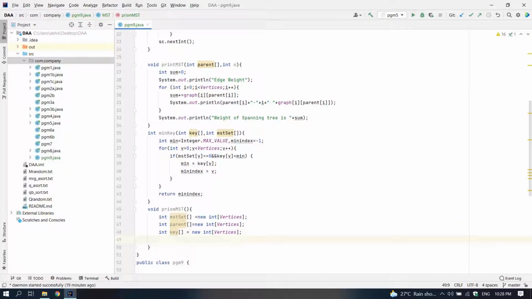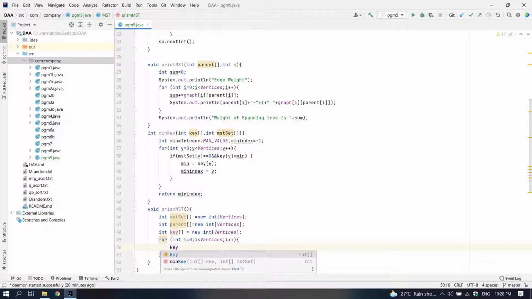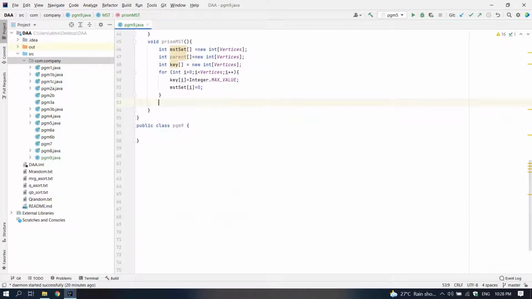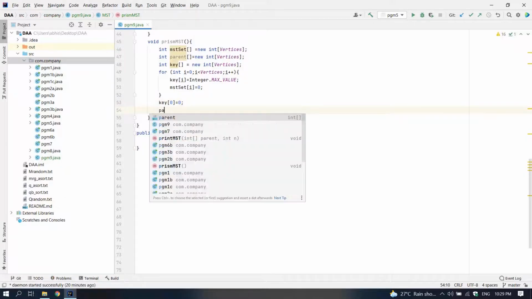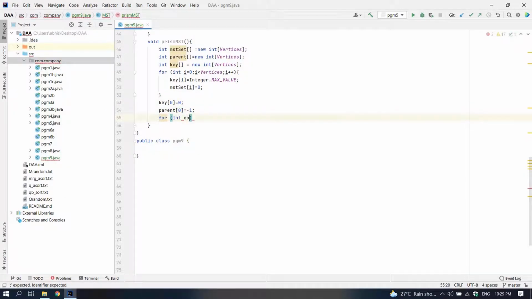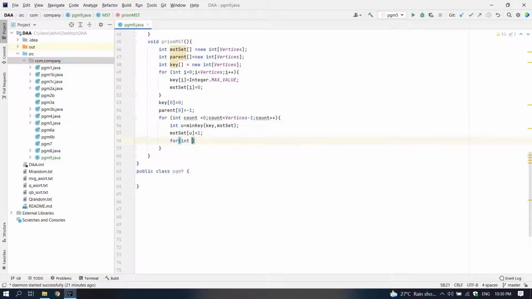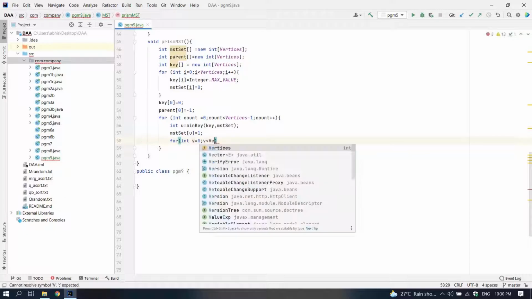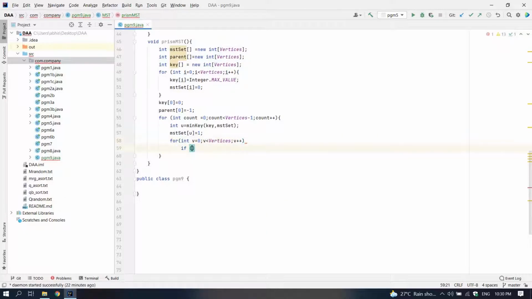So now we will iterate through the graph and find the index of the next vertex whose edge is going to be the next minimum, that our min key is going to return as the minimum index. So then we will set the MST set to 1, so that it is not visited or considered again. So after the vertices of the minimum cost spanning tree are chosen, we are going to print the minimum cost spanning tree through the print MST function.